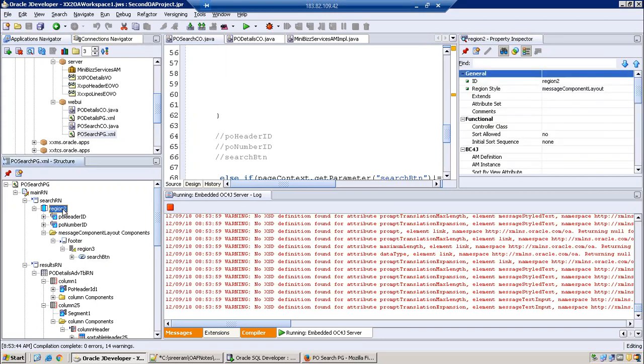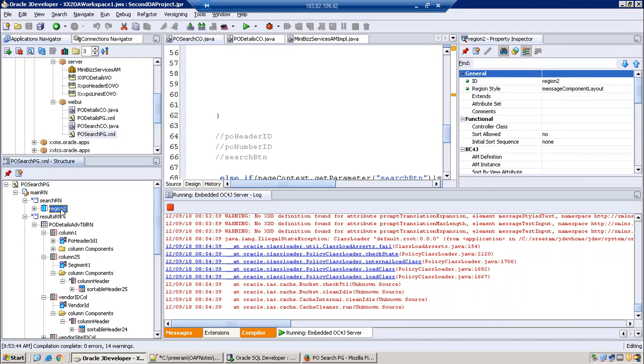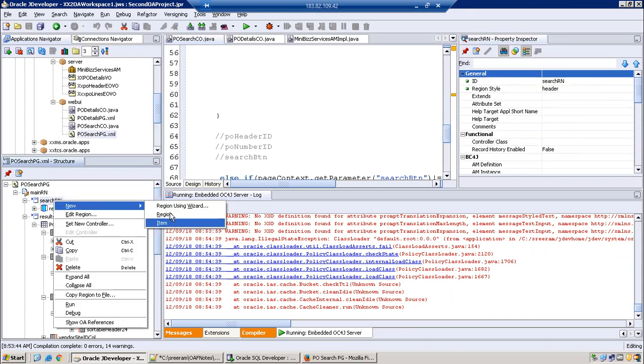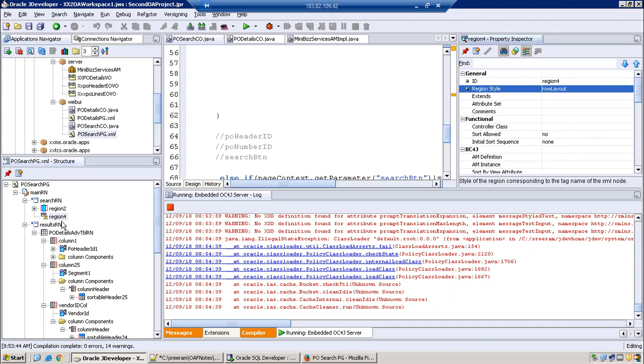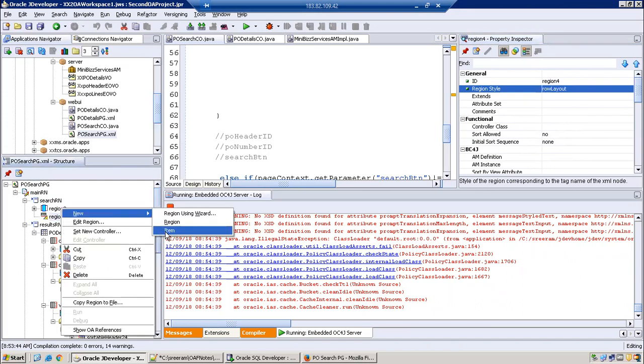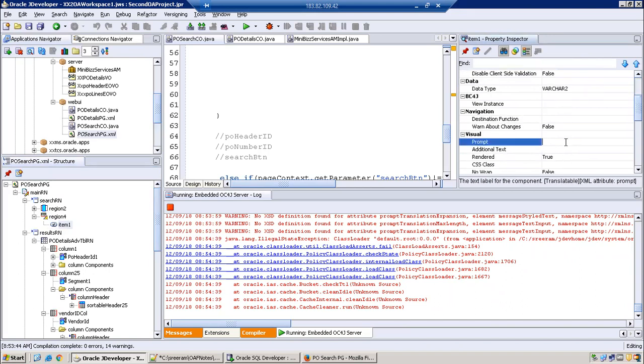Earlier in 12.1.3, there was a different way of having the component for the submit button. But now they provided this footer region. If it is not available, you can simply have the component independently. What we generally do is, for the text input components, we have the message component layout. And especially for the button component, we just have a different region, maybe a stack layout or row layout region. Let us say a row layout region like this, and in this one we'll have the component. I'll just have a dummy component for now to understand how it looks. I'll just say dummy item.